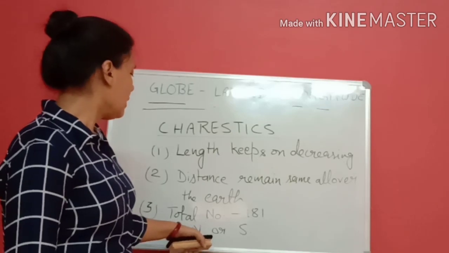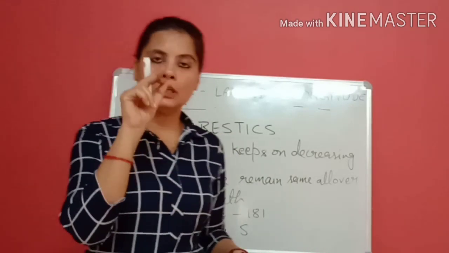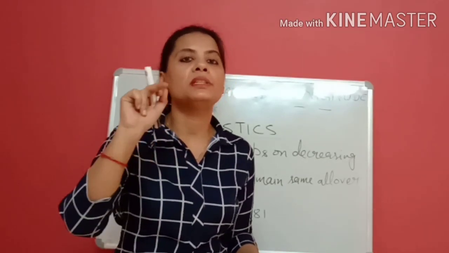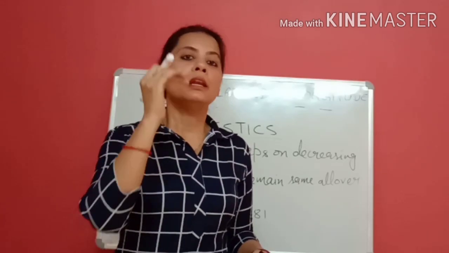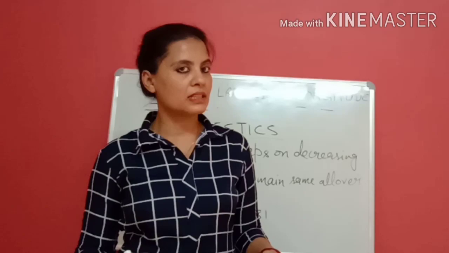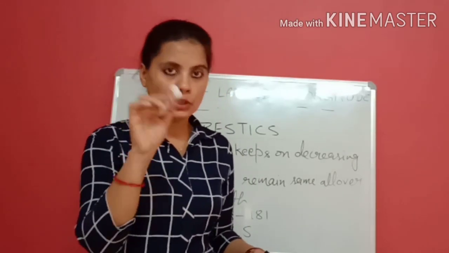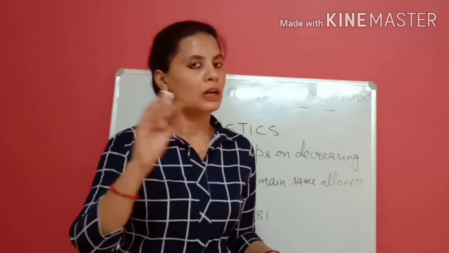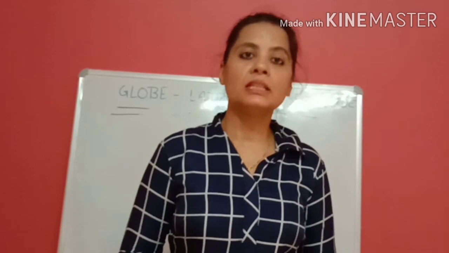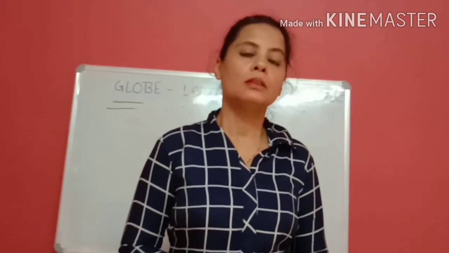Use capital N or capital S to show the latitude. If the latitude is found in the northern hemisphere, then use 1 degree north. Capital N is used for latitudes found in the northern hemisphere. If the latitude is found in the southern hemisphere, we write capital S. But for the equator, 0 degree, we never use north or south. Every latitude is a complete circle, whether it is in the northern hemisphere or in the southern hemisphere. Each and every latitude is a complete circle.